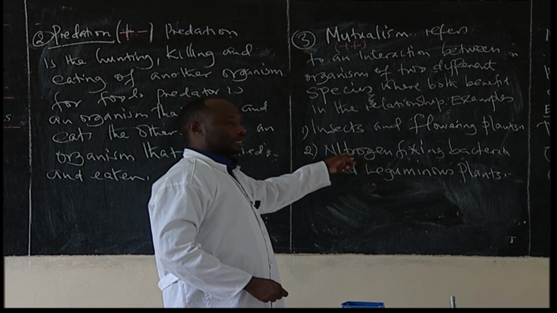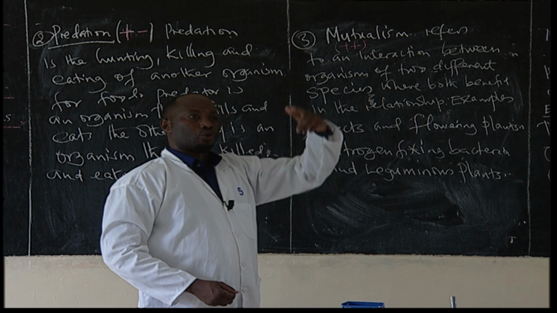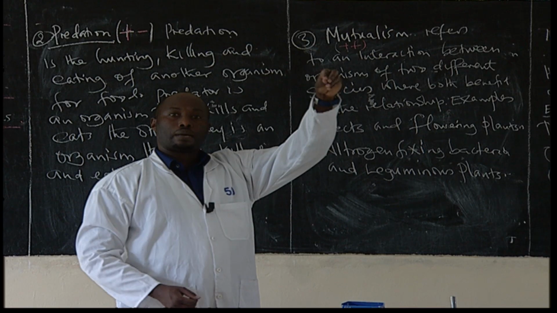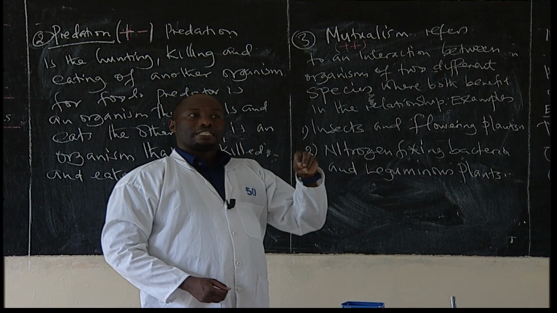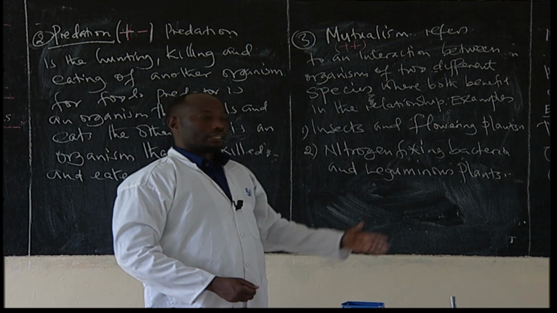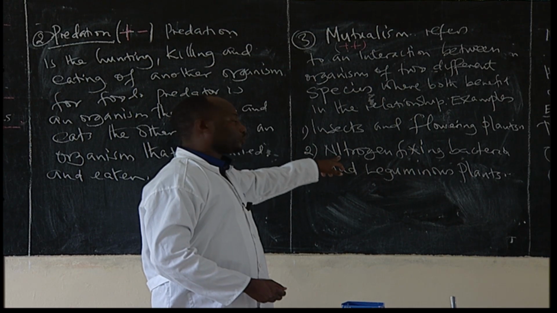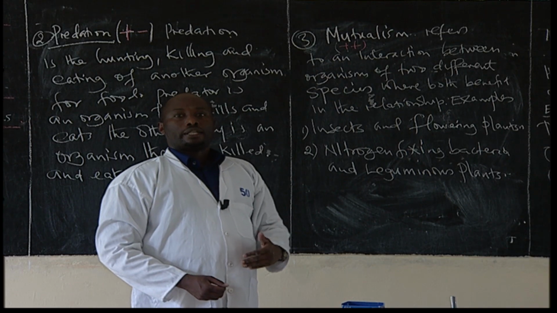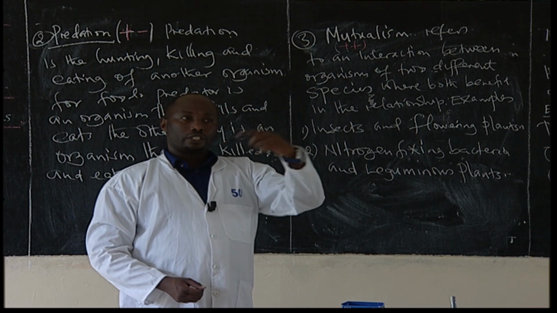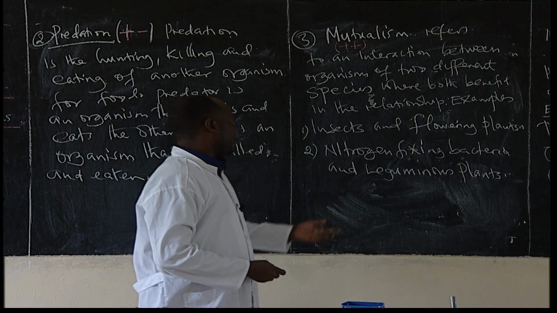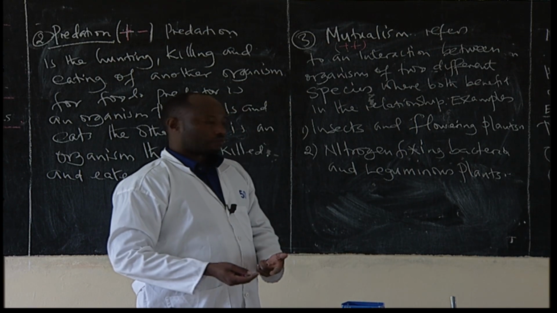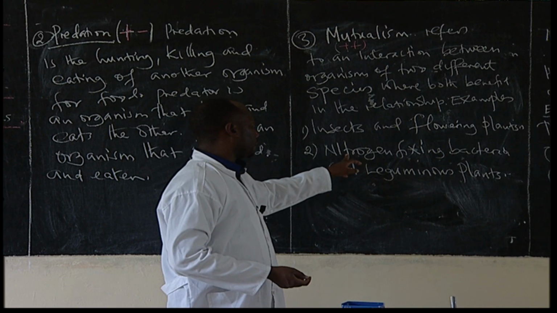They help to convert nitrogen, because nitrogen is found abundantly in the atmosphere, and the plant cannot absorb it because nitrogen is a non-reactive element. It has to be brought by the rain into the soil, where it is converted into nitrate, and then the plant is able to absorb it in the form of nitrate. How are these nitrogen-fixing bacteria